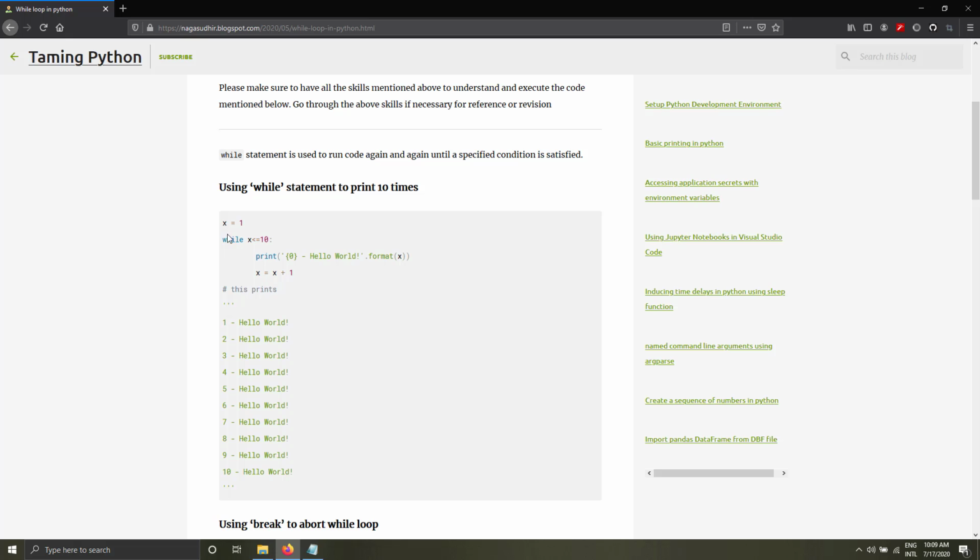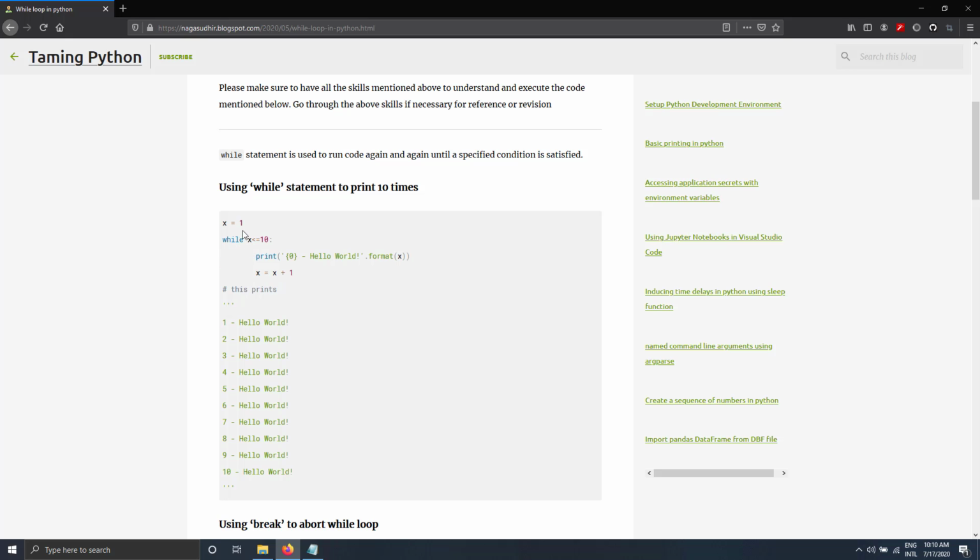Here, I've got a variable x equal to 1 and I've written a while statement here. In this while statement, I've written while space and I've written an expression to be evaluated. And this while loop will run until this expression is true. The code which will be run by the while loop will be the block nested inside it. You can see these two statements are nested with a tab under this while. So these two lines will be the code block of while.